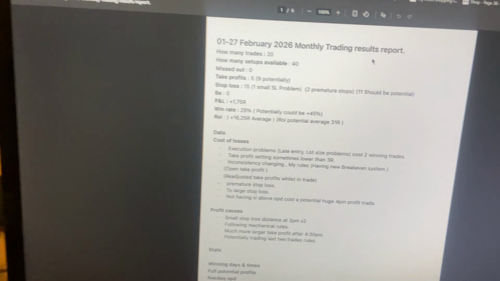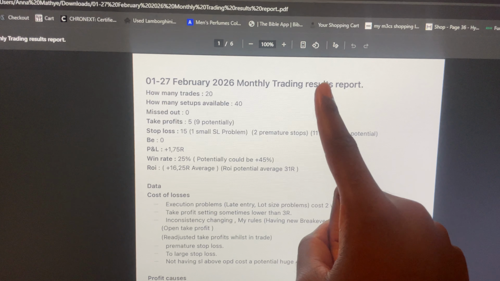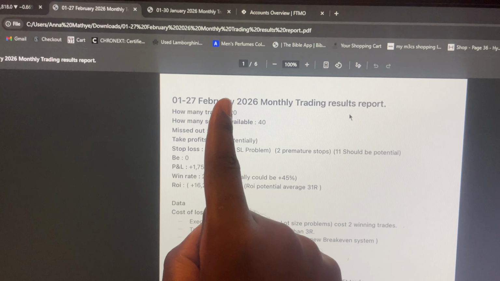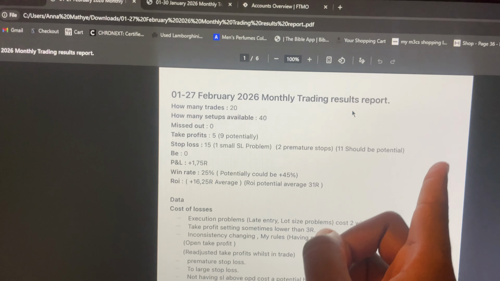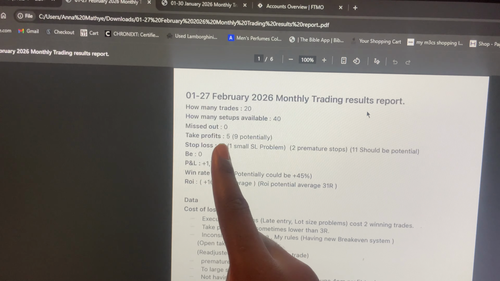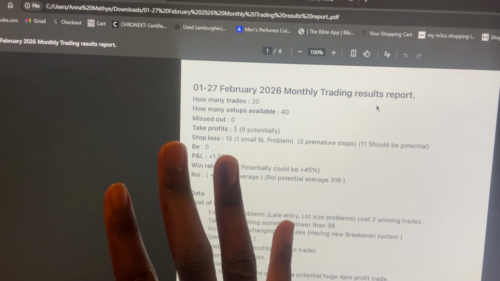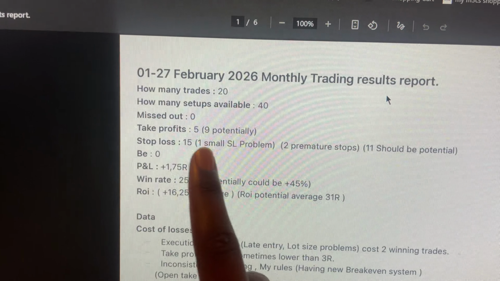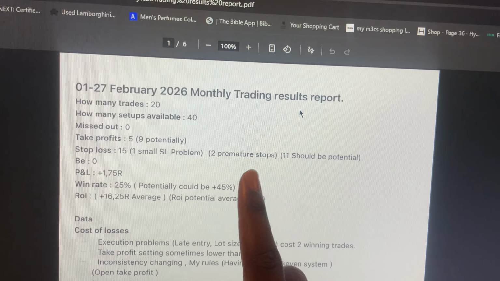Let me also show you February before I speak about the lesson I learned this week. Here's February's monthly results report. So the results, not what the strategy was capable of, what I did. 20 trades I took. I missed out on 0. At least I improved from last month. But I had 5 take profits. Was supposed to be 9 potentially. So 4 I didn't take. Why? We can see on the stop loss size, there was a stop loss problem, premature stops,